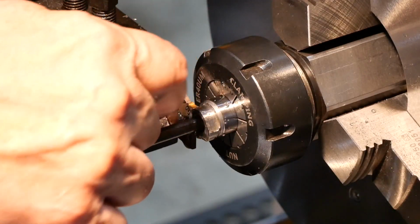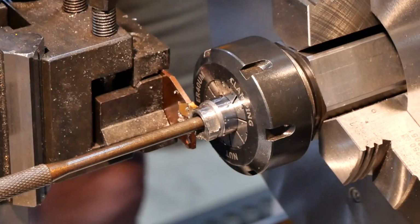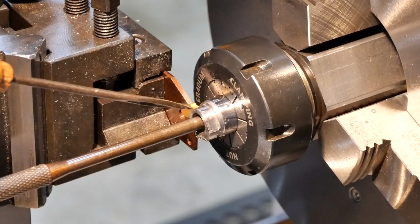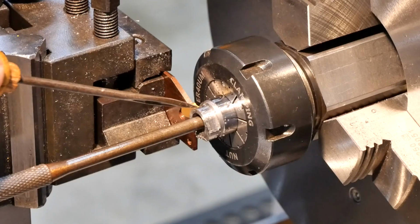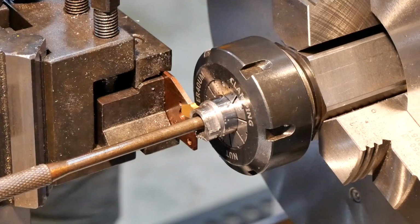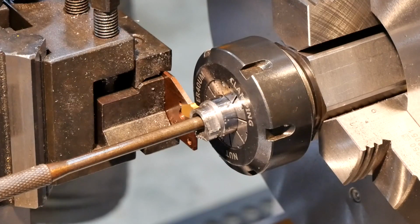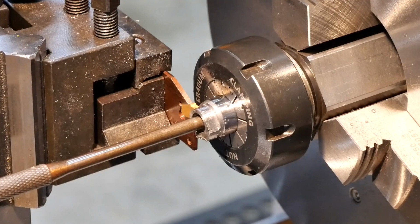That's making a bit of a meal out of that. Maybe I need a new tip. So I had a close look at the business end of the insert and I could see it was quite worn, so I put a new one in. I think the other one must have given most of its life to when I was parting off that 90mm or 100mm block for the flywheel. Anyway, be that as it may,